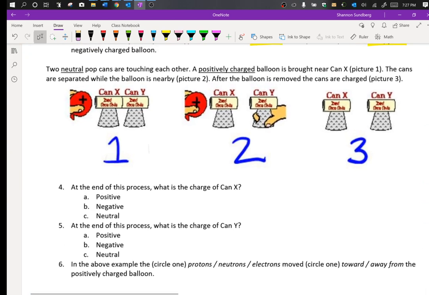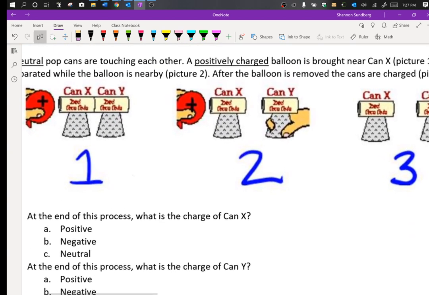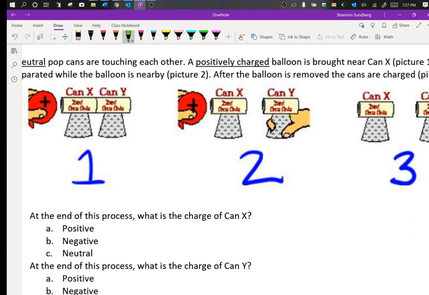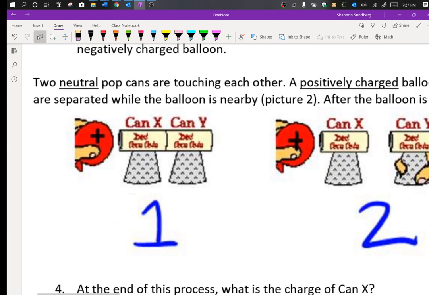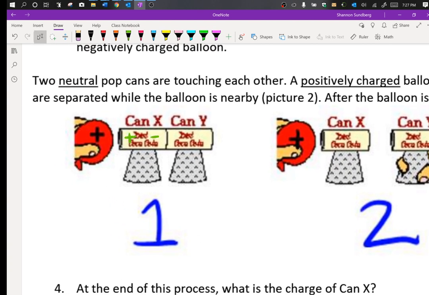Well, let's again draw our subatomic particles here. So we'll do the same as before. So we'll have protons and protons. Let's pretend that this is before I brought that balloon close. So the cans are neutral. Well, then picture 1 happens. I've brought that positive balloon close. Well, this time,